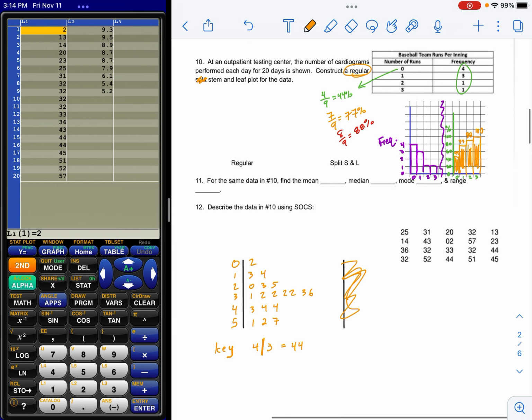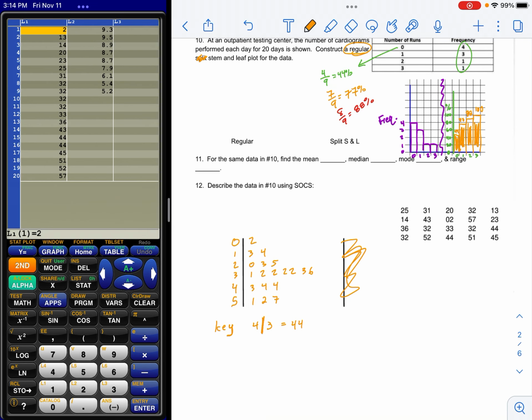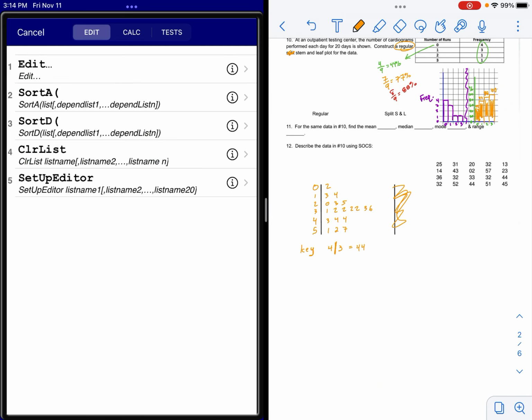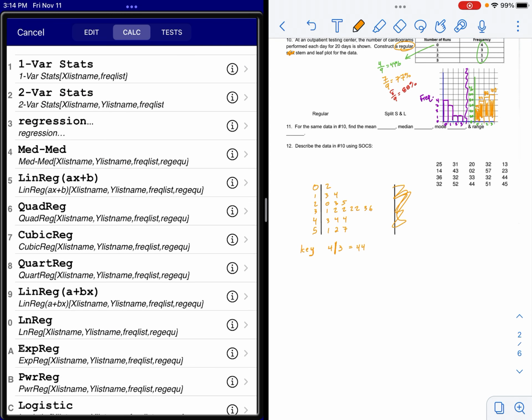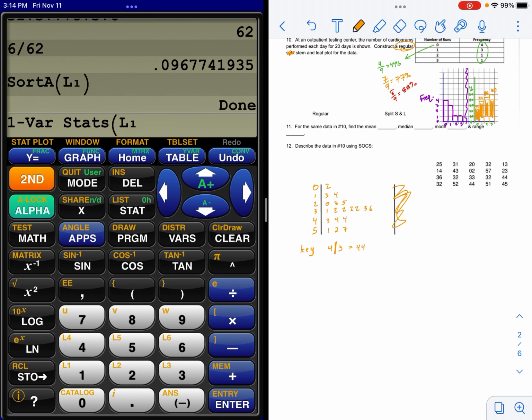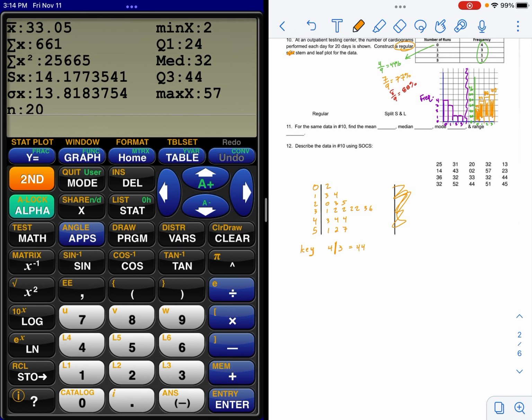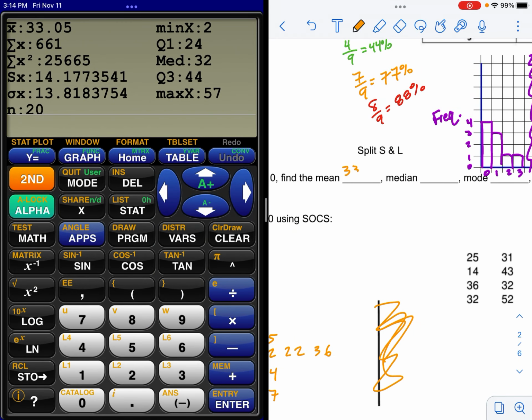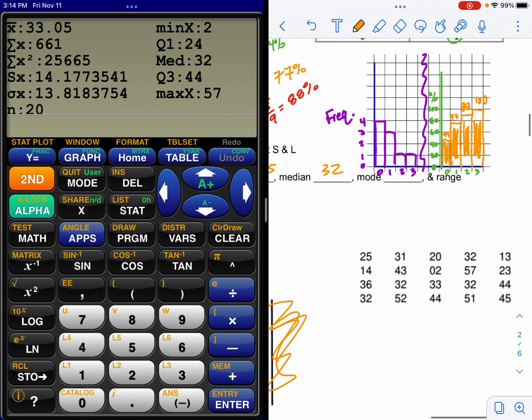Okay. Number 11 says, for the data, find the mean, the median, the mode, and the range. So for that, I'm going to use my calculator. Stat, calculate, and I'm going to do number 1, variable stats on list 1. And there you go. Makes it pretty darn easy. So the mean is 33.05. Median, you got to go down for the median. Oh, no, I don't. Not on this calculator. On your calculator, I think you got to scroll down. And the mode is not given to you,